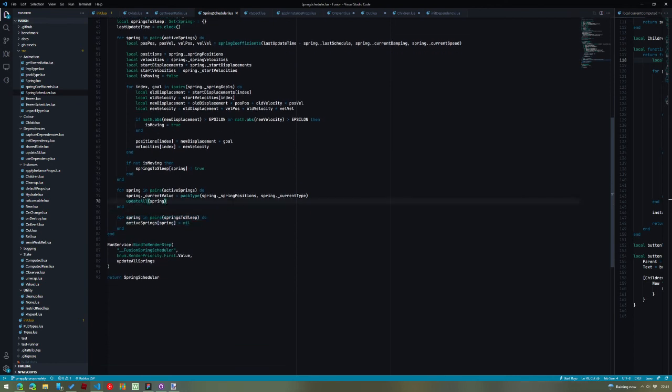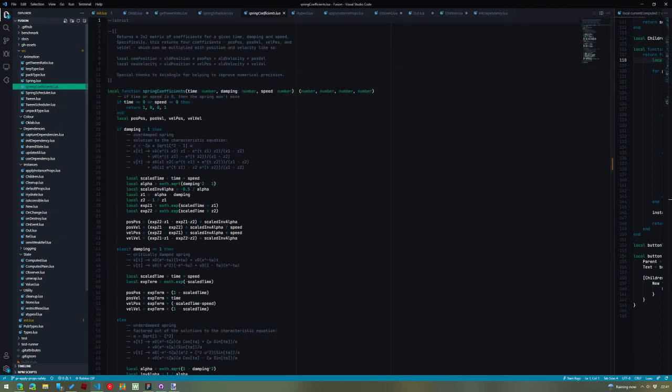And, well, there you go. The only thing that's left to look at is spring coefficients. This is pure maths, right? If you don't have a background in calculus, and if you haven't already solved this yourself, this will be nonsense to you. But basically, the mile-high overview of this is that there is a certain equation called Hooke's law that